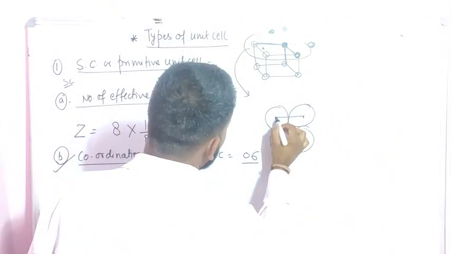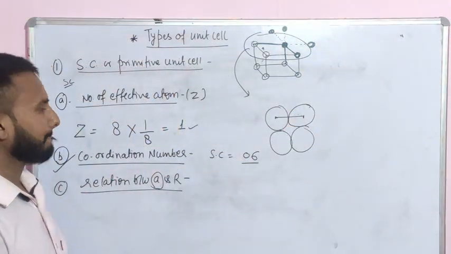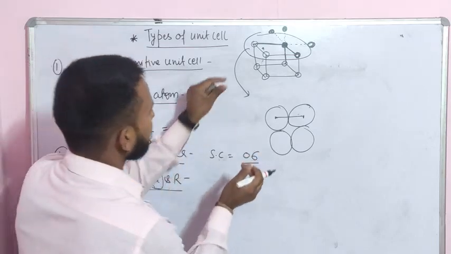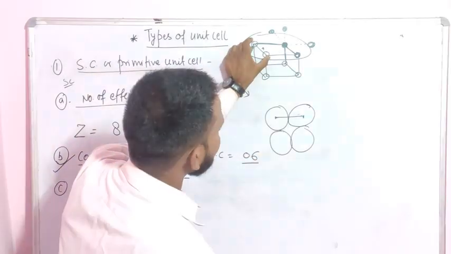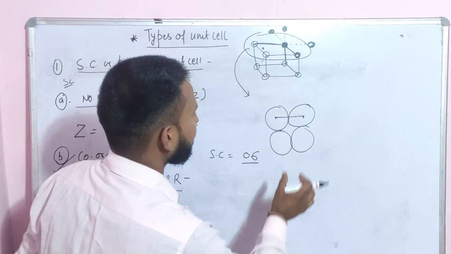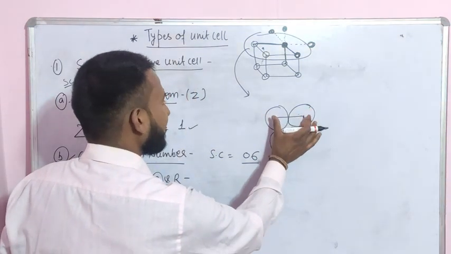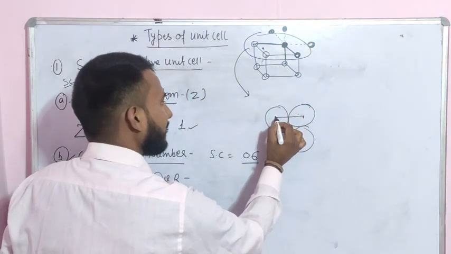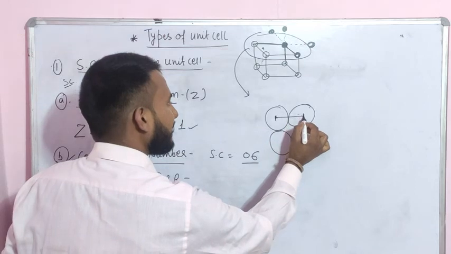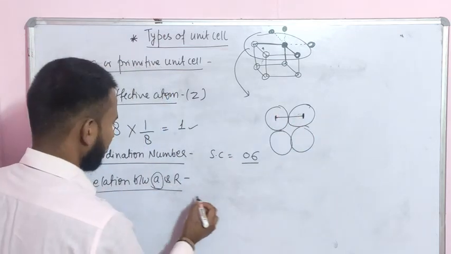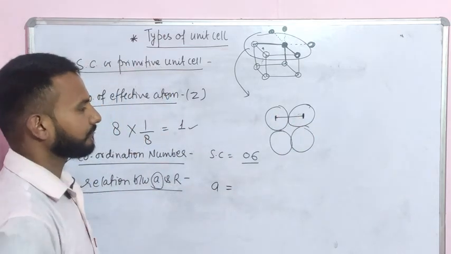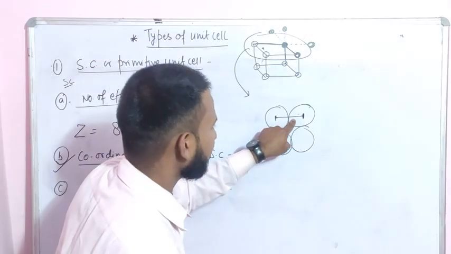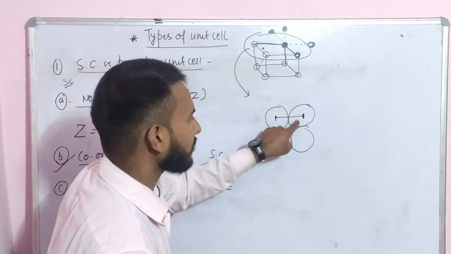Okay. So these atoms are going to touch. So in that case, suppose I am taking these two atoms. In that case, this is the edge length, from the center of this to this. So I can say A is equal to, so this is the radius and this is the radius. This is R, this is also R.